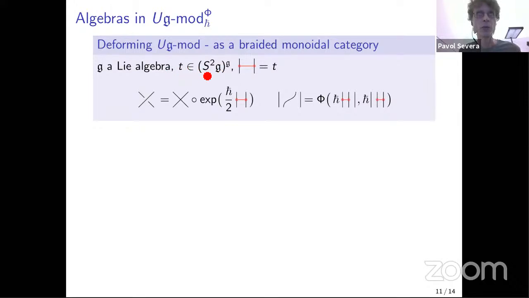So what really happens is that for this category of G representations, once we pick an inner product on G, which we always had when this was a Drinfeld double, so once we pick some T which sits in S2G and is G invariant, then we can make this category into an infinitesimally braided category. The single chord will be obtained by applying T on this representation and the other end of T on that representation. That will give us a new braiding. So it's no longer a symmetry, and a new associativity constraint, a new way to pass parentheses from here to there. Okay, so this will be our category.